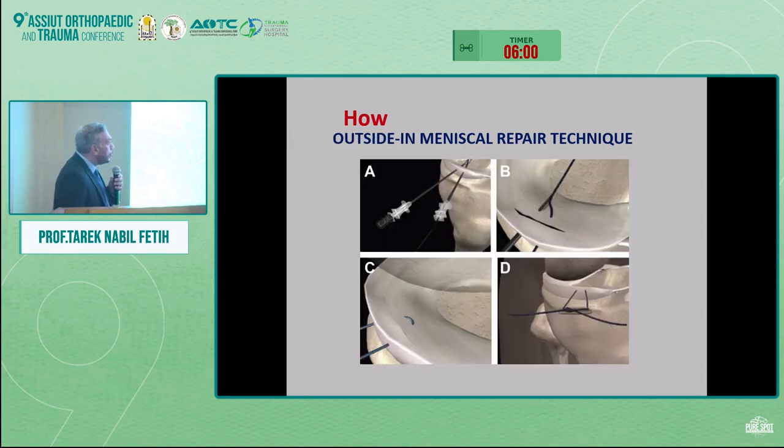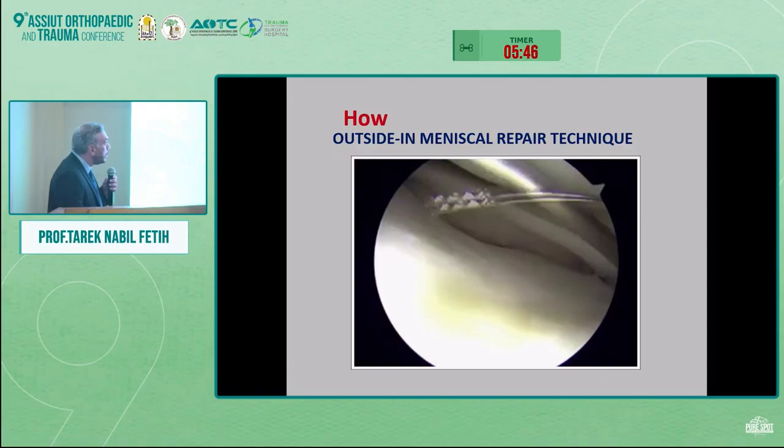Outside in, we pass the suture material across the meniscal tissue from outside the knee to the inside, leaving the loop across meniscal tissue, and then the suture is tied outside the capsule from the periphery through a separate incision. Different techniques to retrieve sutures from inside the knee may be a wire snare,